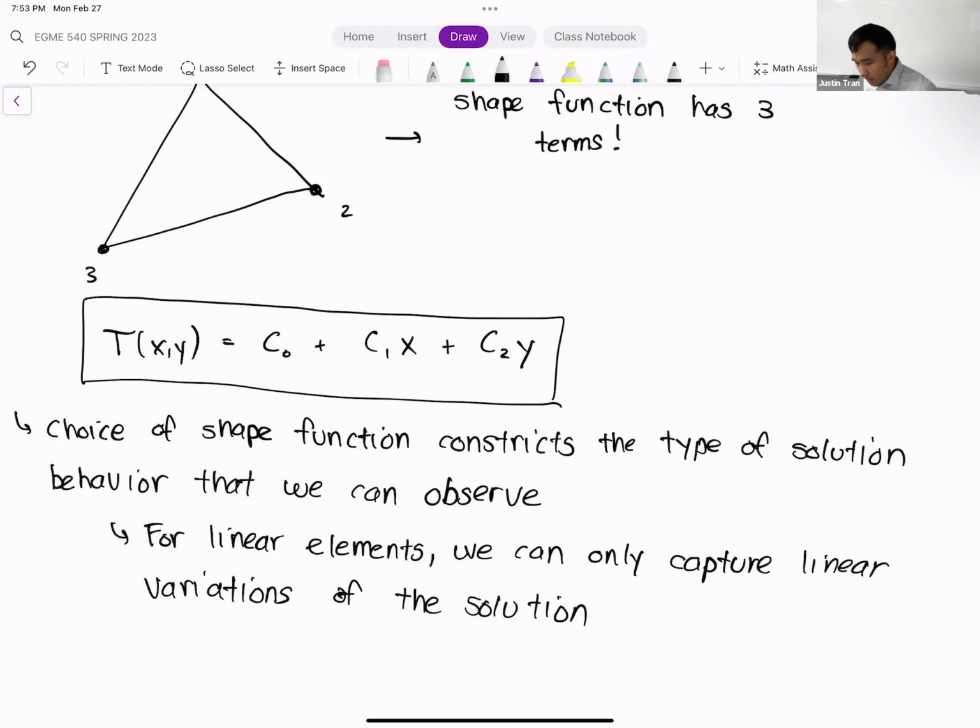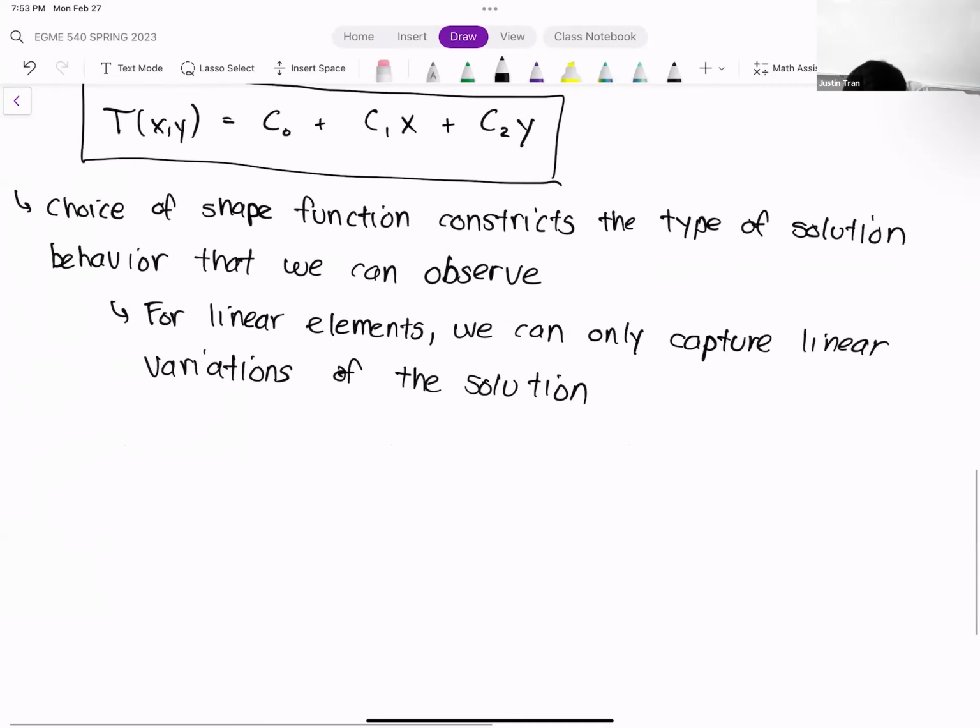Okay. All right. So let me give you one fairly practical example of this that a lot of people run into. Let's talk about this phenomenon known as shear locking. Did we talk about shear locking before? I've taught this so many times now that my memory kind of blurs a bit.